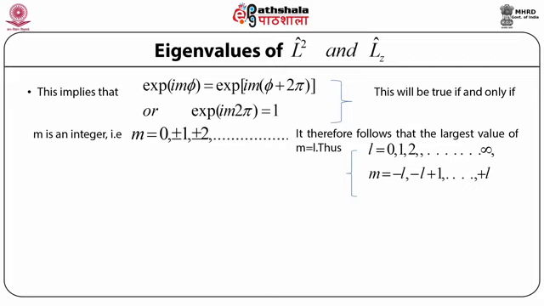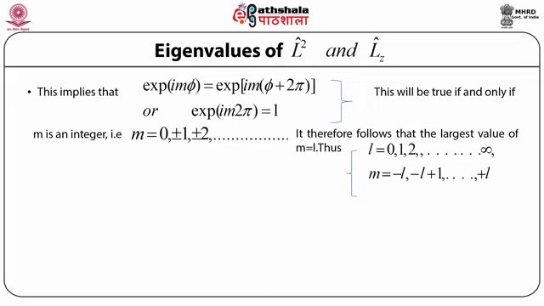And this condition will be true if and only if e^{im2π} is equal to 1, where m is an integer, that is m can take values 0, ±1, ±2 and so on,